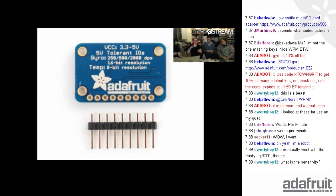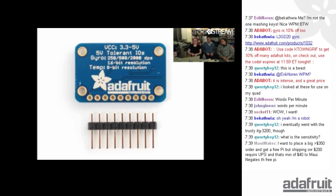But yeah, I think it probably has a fixed resolution. Like, you don't get better resolution; it just gives you better scaling. They want to know what the sensitivity is. Check the data sheet. Yeah, I don't have it off the top of my head what the sensitivity and the